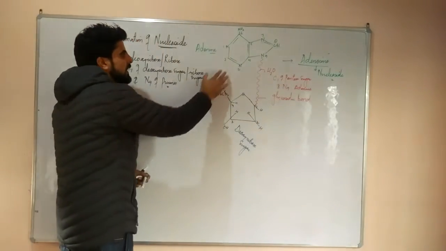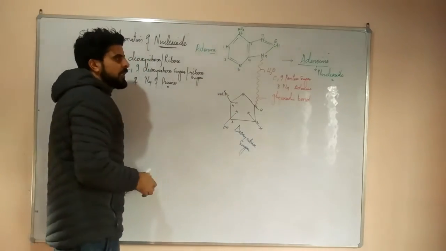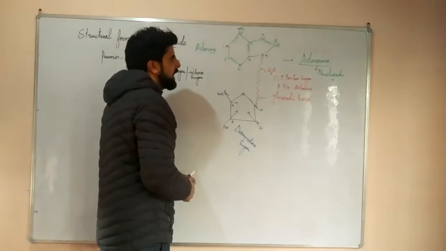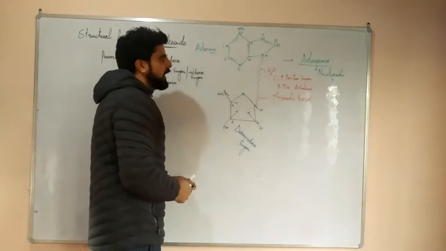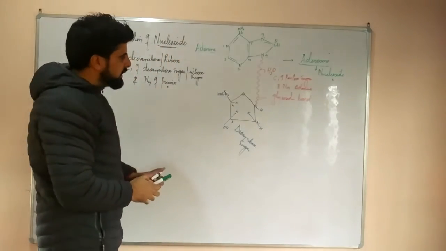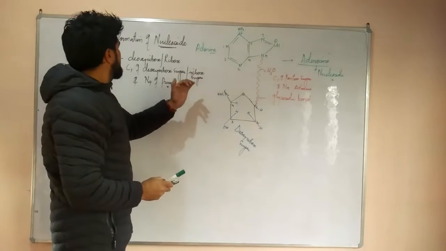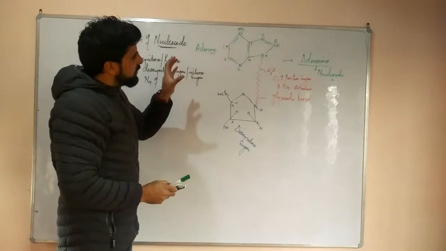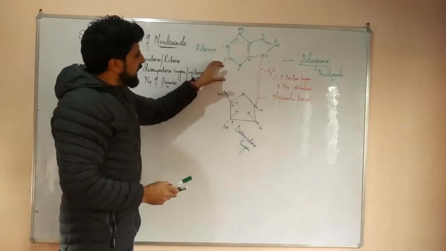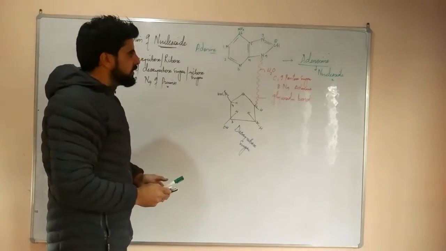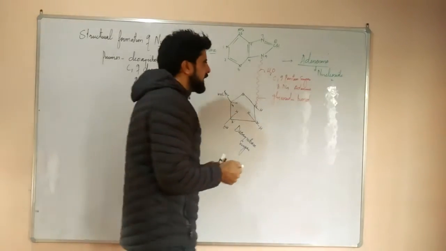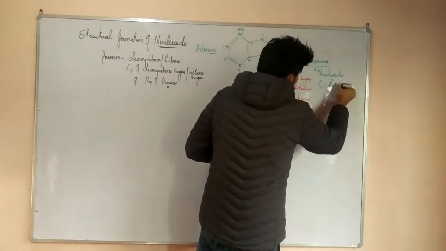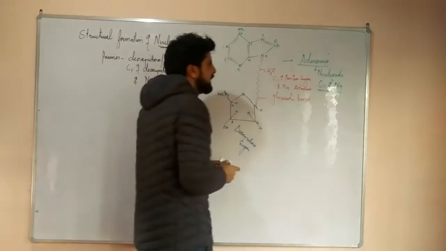You can make one more structure here. You can take guanine, combine it with the deoxyribose sugar in case of DNA, and in case of RNA, you can combine it with the ribose sugar. It always forms a nucleoside. This is the structural formation of a nucleoside, how nucleosides are formed with the combination of a nitrogenous base with the sugar. The most important thing is the bond between them is between C1 of the pentose sugar and N9. This is the most important thing which you have to keep in mind.